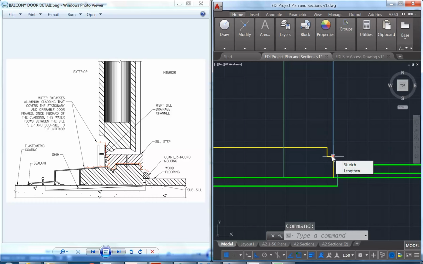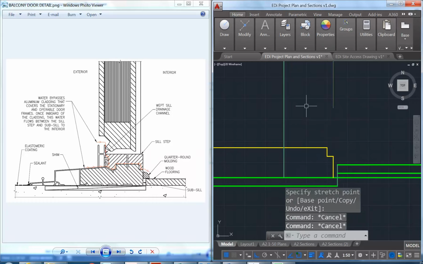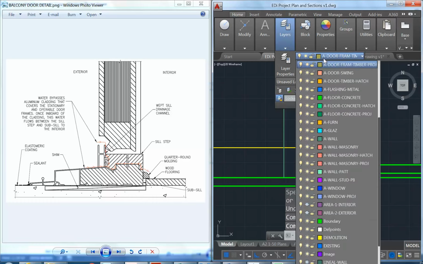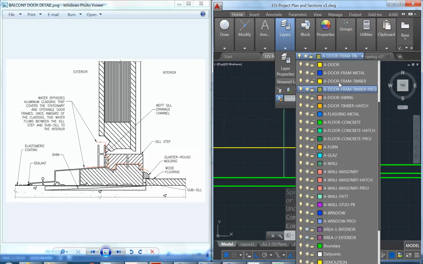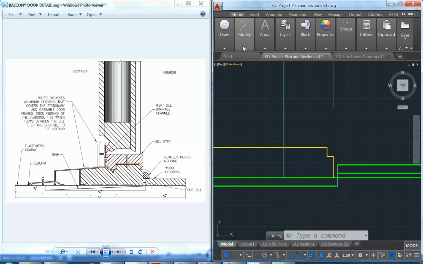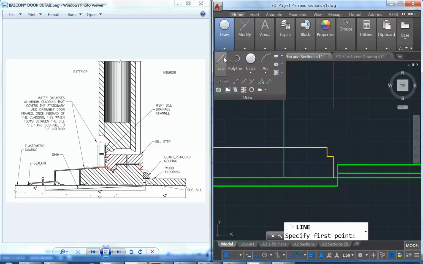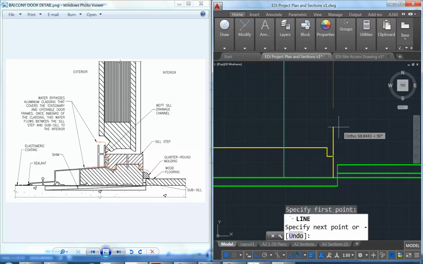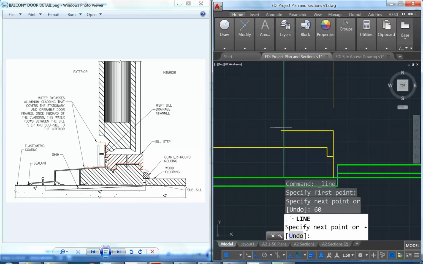Maybe just to make it easier, I'll bring this line up for now and draw again on the timber frame layer. So I'll just finish this side and I'll let you copy the rest from the drawing. So again, guess the dimensions as you're drawing. It should be good practice. So here I'm going to say that's about 60 mil, looks like to me. And then coming across to the left, just finishing it